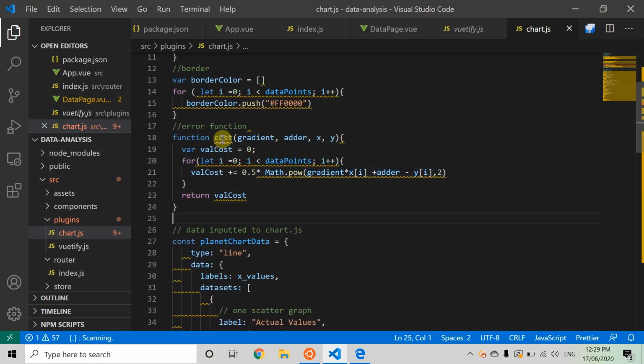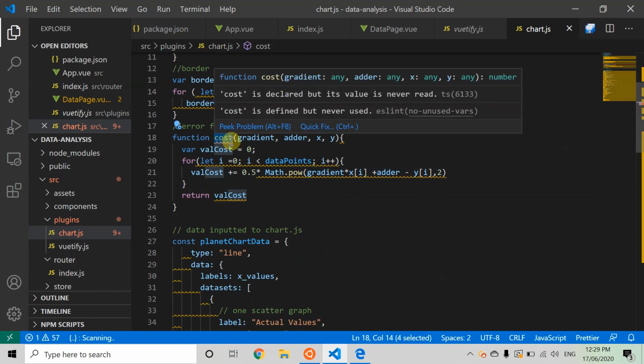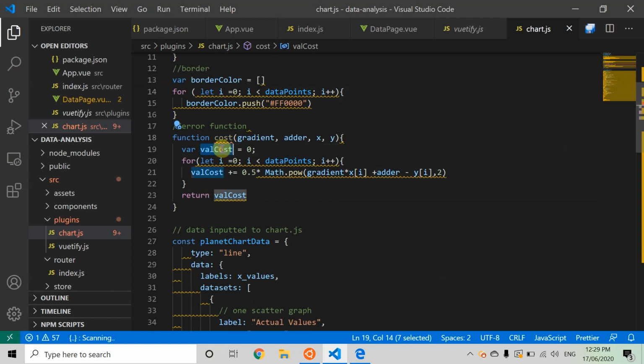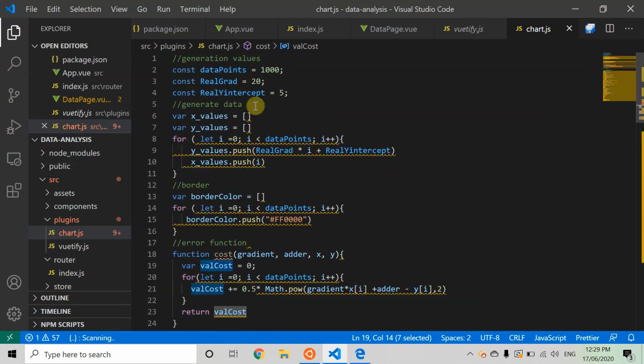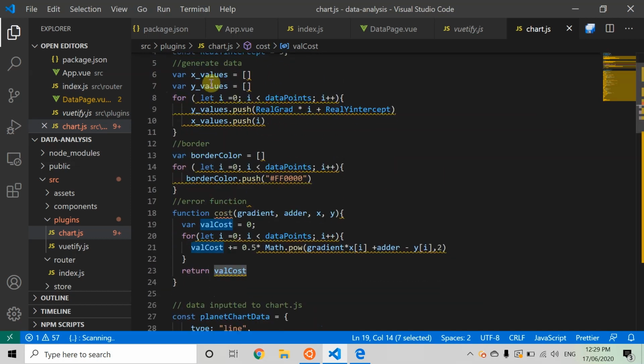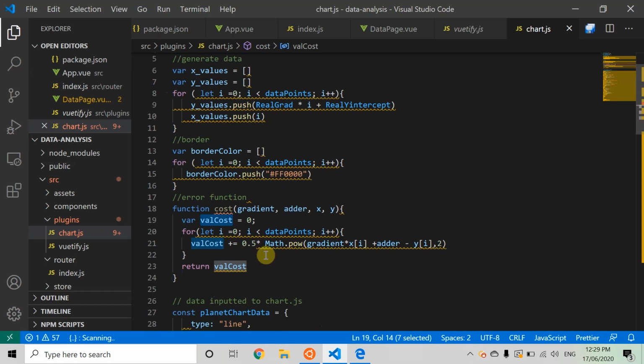All right, let me try to explain this a bit more. What we have here is the cost function. We normally call it the cost function because it's costing us something. You can understand it as the error function. So what we have is our var valCost, and this is our total value. We loop through all the data points, which we define up here. Data points are how many x and y values we have. And we basically say, hey, add to valCost 0.5 times Math.pow of